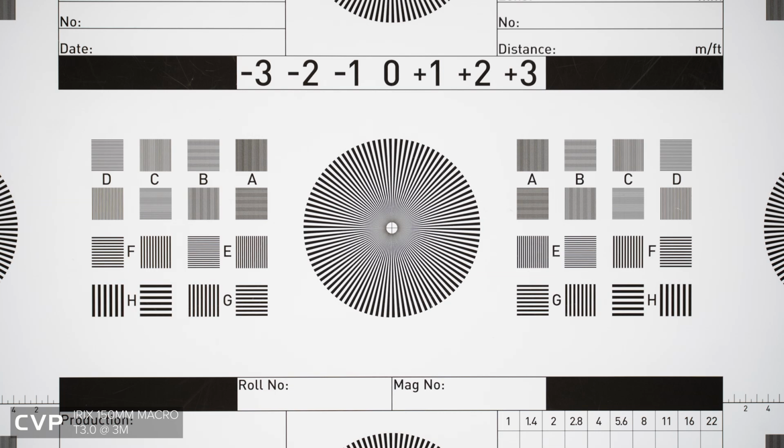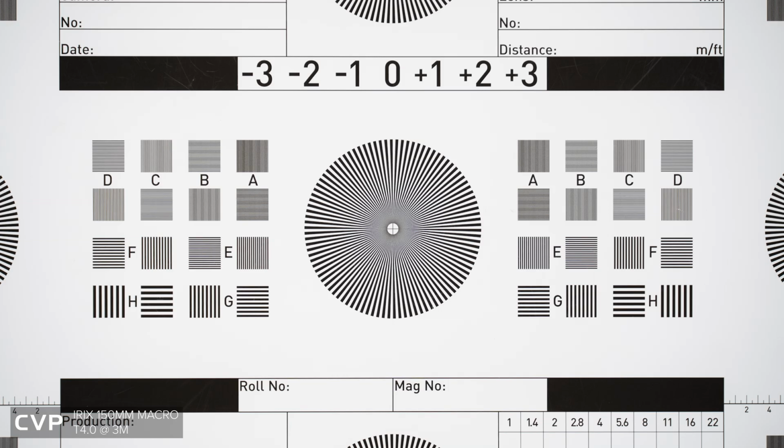At infinity, there is some light loss towards the corners of frame, which is worse when wide open and then improves as you stop down. Though this amount of light loss would not be noticeable unless you put it into an extreme scenario such as these tests. Our focus chart tests show that the lens is extremely sharp wide open at both close focus and